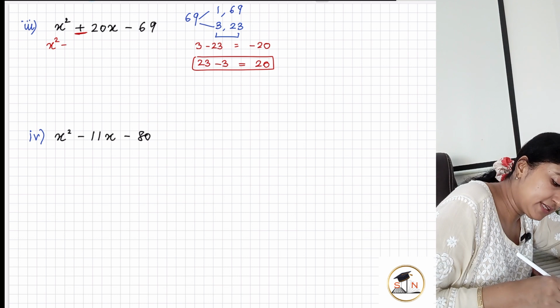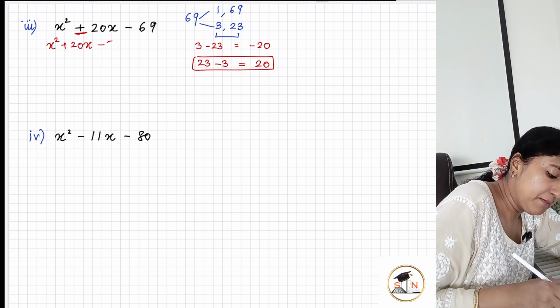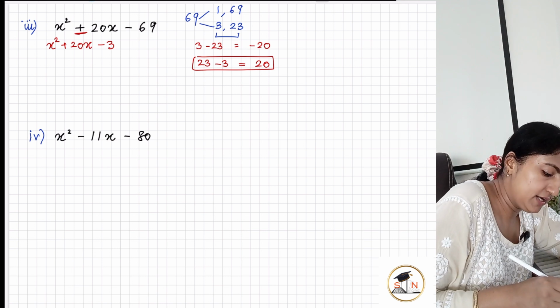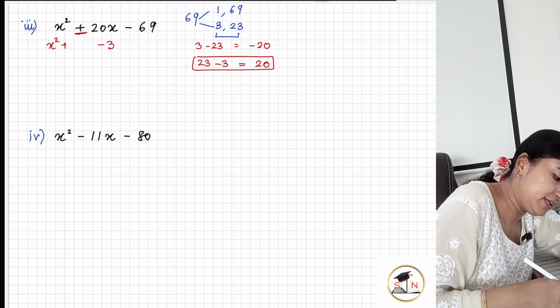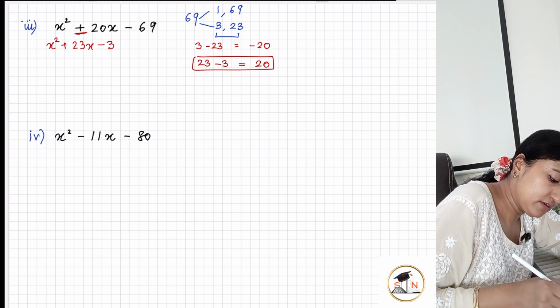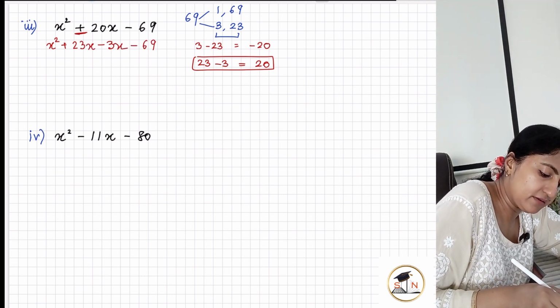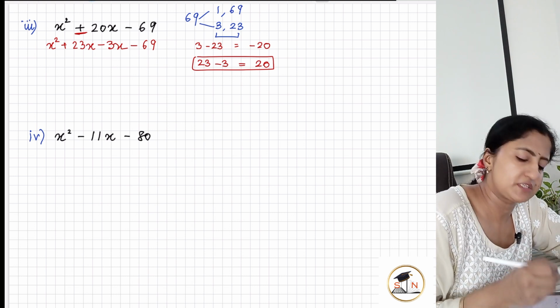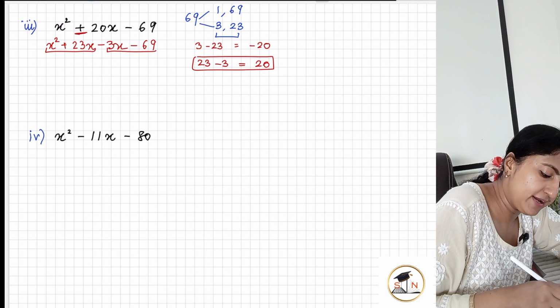It will become x squared plus 20x, minus 3x. Sorry, it is not going to be 20. It is going to be 23x minus 3x minus 69. Now, the remaining steps remain the same, where we are going to form two groups and find